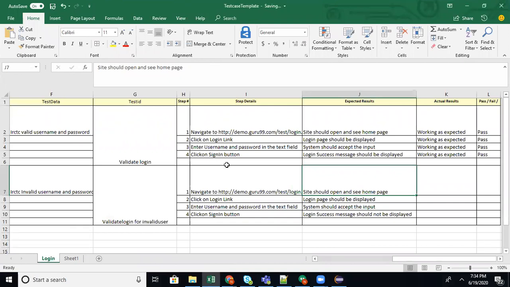As a manual tester, they will give you the sheet, you will do the steps, and if the steps work compared to the expected result, you will update the status. So we are going to automate this.